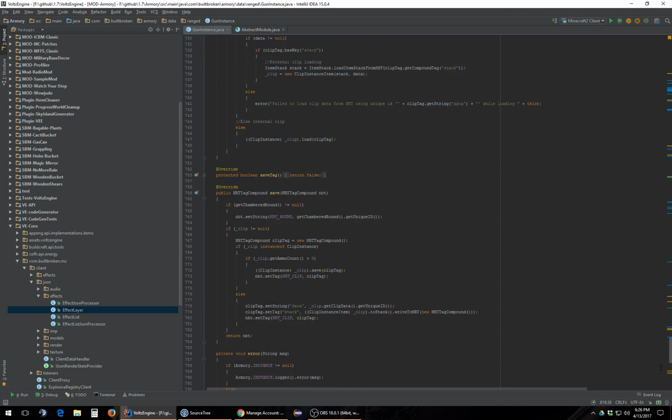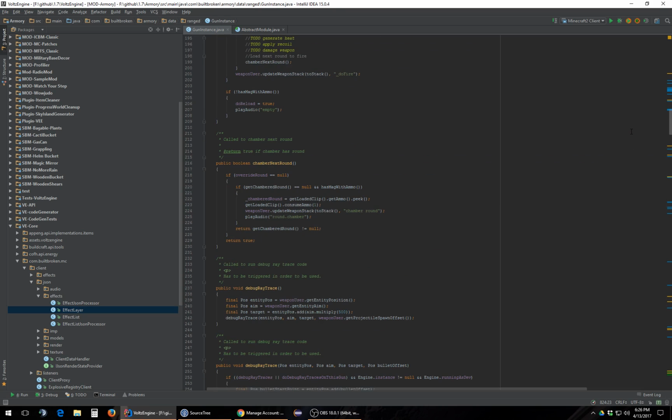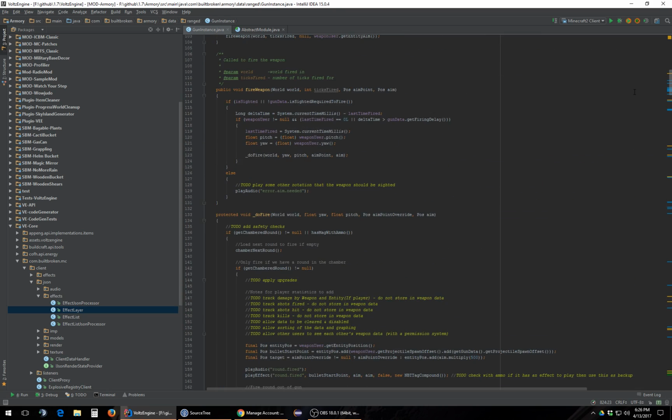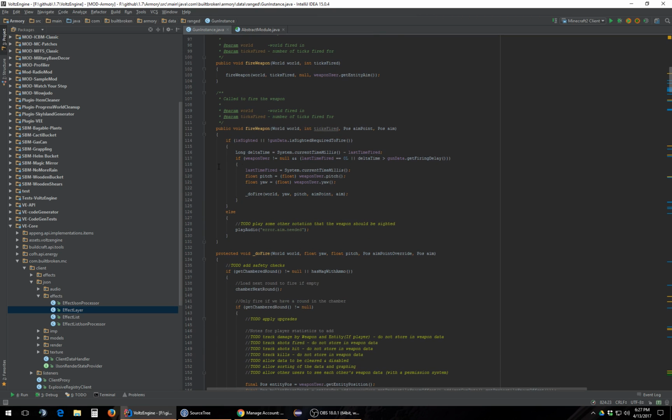We could, in theory, place this code right here into the weapon user class, and then we can just let the weapon user decide how it wants to do things. I'm not going to do that right now. I'm just going to go and pass stuff back and forth. Let's see. So when we go to fire the weapon, which is right here,